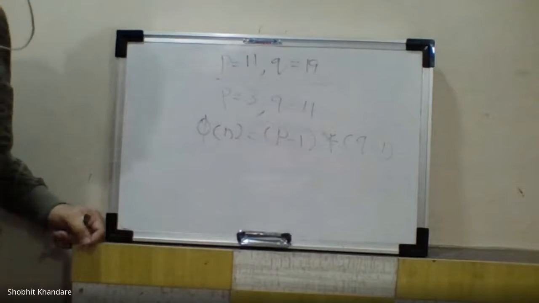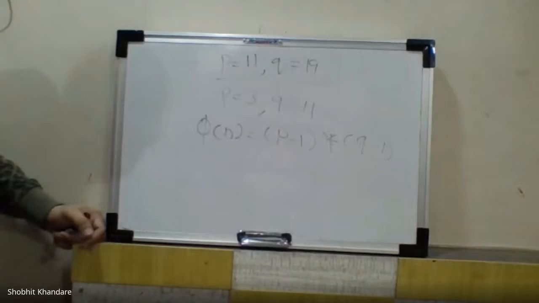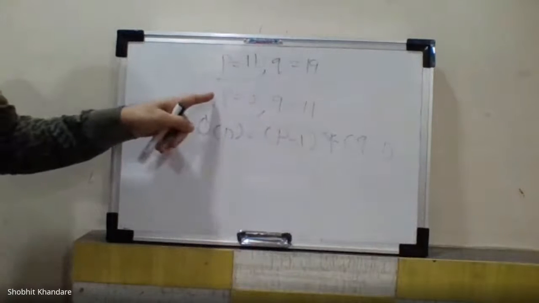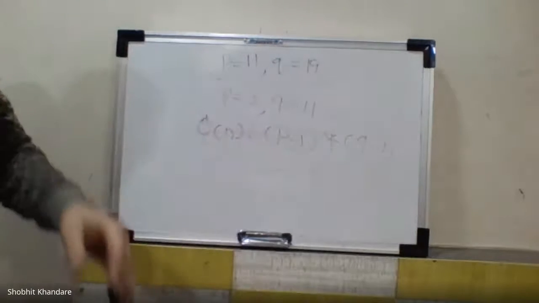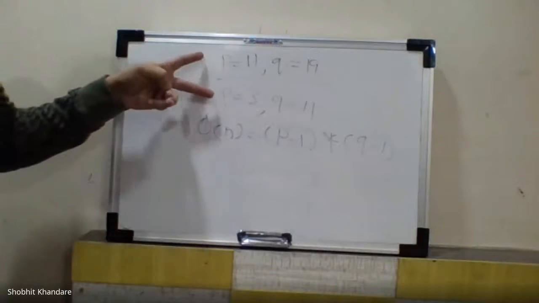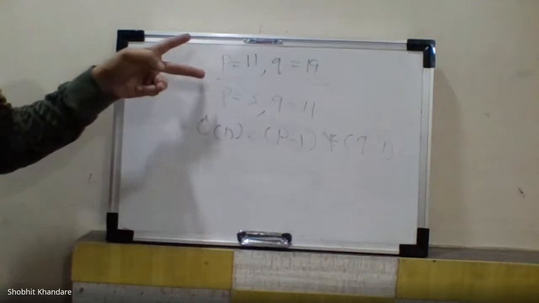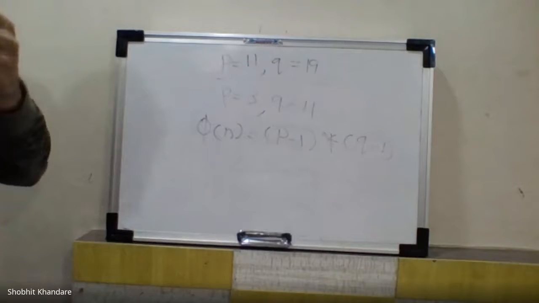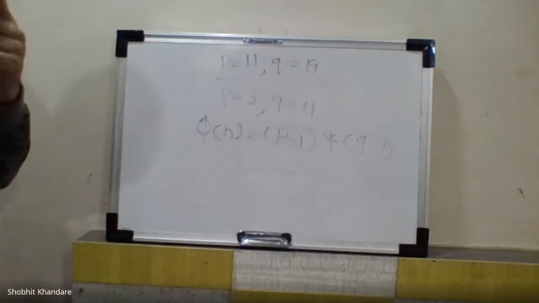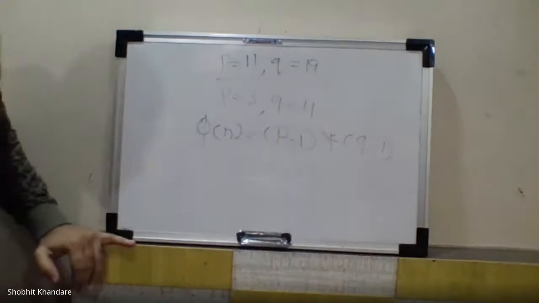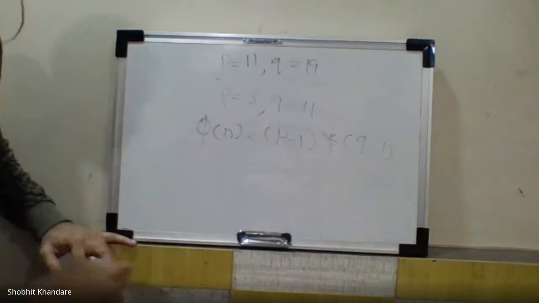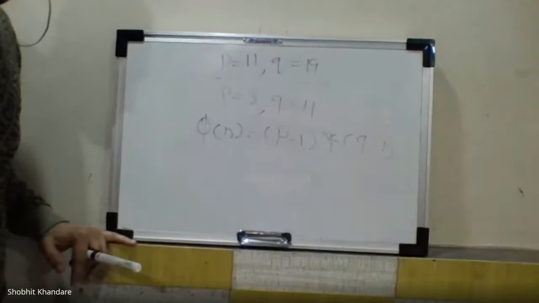Yes, any more questions you have? I have given you 2 homeworks to find: for p equals 11, q equals 19, and for p equals 3 and q equals 11. We have this particular example in your practicals also, so we'll be doing this in the practical too. Okay. No questions from your side?